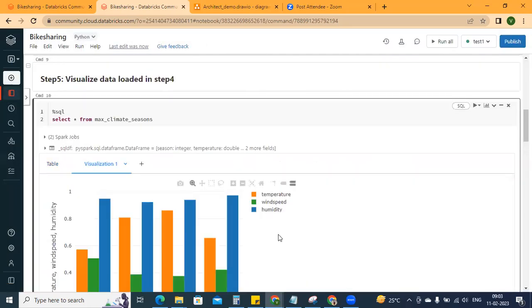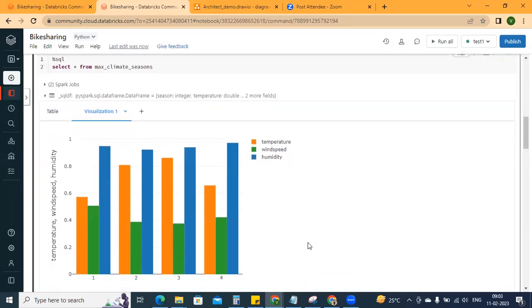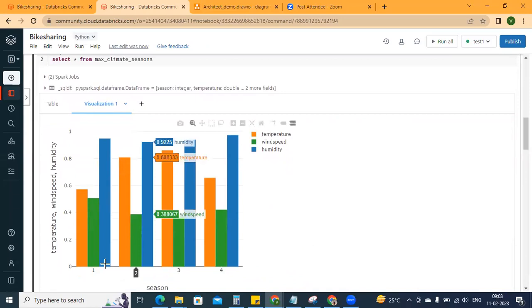If you look at this diagram, you can see 1, 2, 3, 4. There are 4 seasons: summer, fall, winter, and monsoon. You can see easily that this red color represents temperature, green color wind speed, and blue color humidity. You can see the humidity is more in the 4th season.